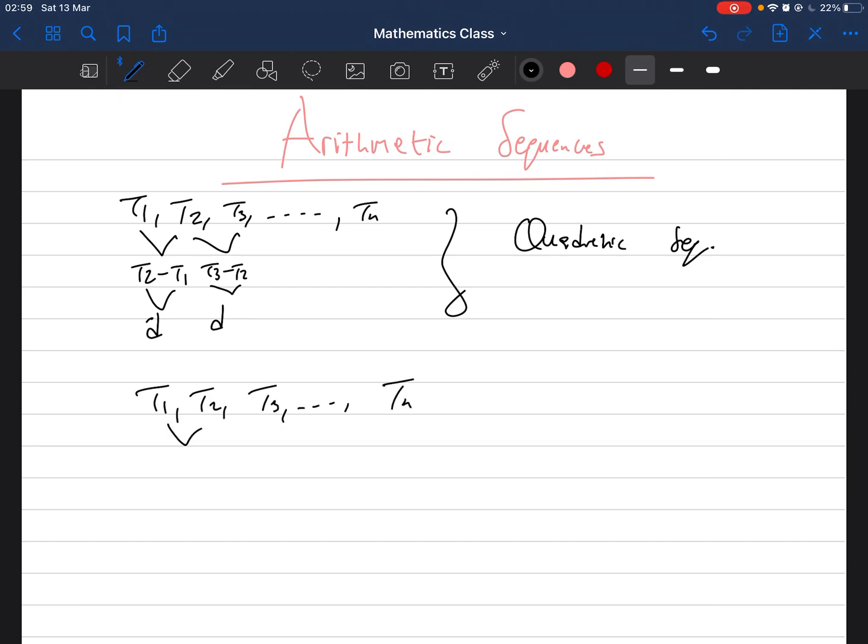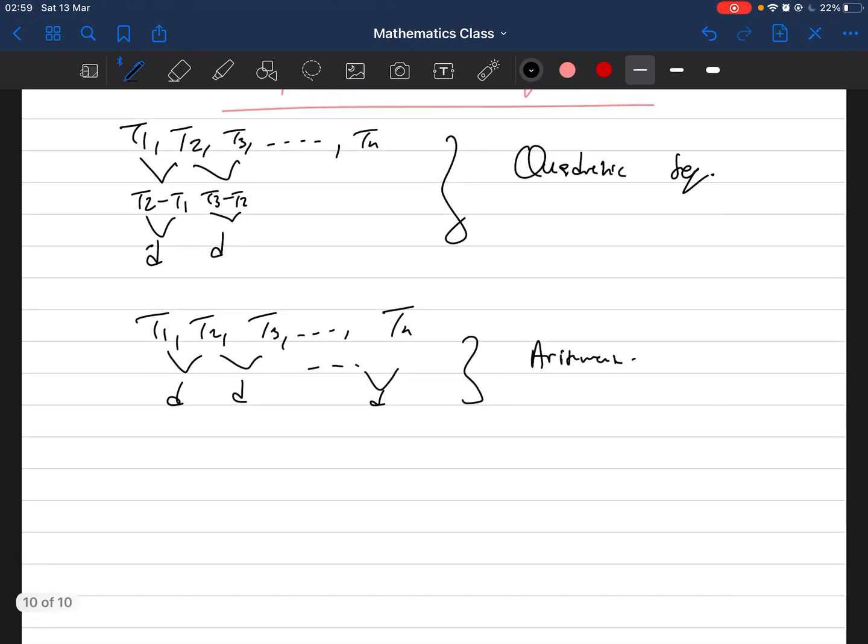Now what happens is when you find a difference, the first difference is the same, and you find this difference, it is the same, till this one, all the same. So with quadratic, you have to go to the second difference to find it to be the same. But with arithmetic, they are all the same. This is your arithmetic, right? So D basically means that